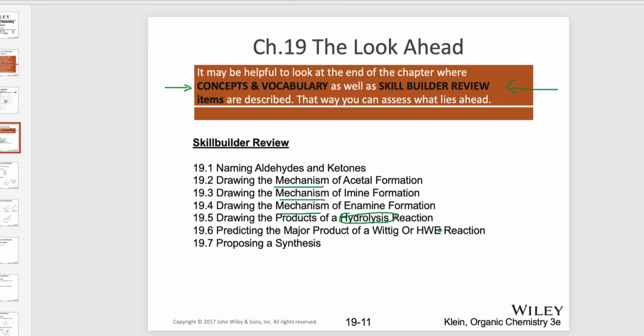Hydrolysis reactions do play a prominent role in here, and that's one of the learning outcomes. And then also, what is the major outcome of some named reactions, and then to look at that with a synthetic aspect. I understand that students often feel overwhelmed at that part, but I want you to know that if